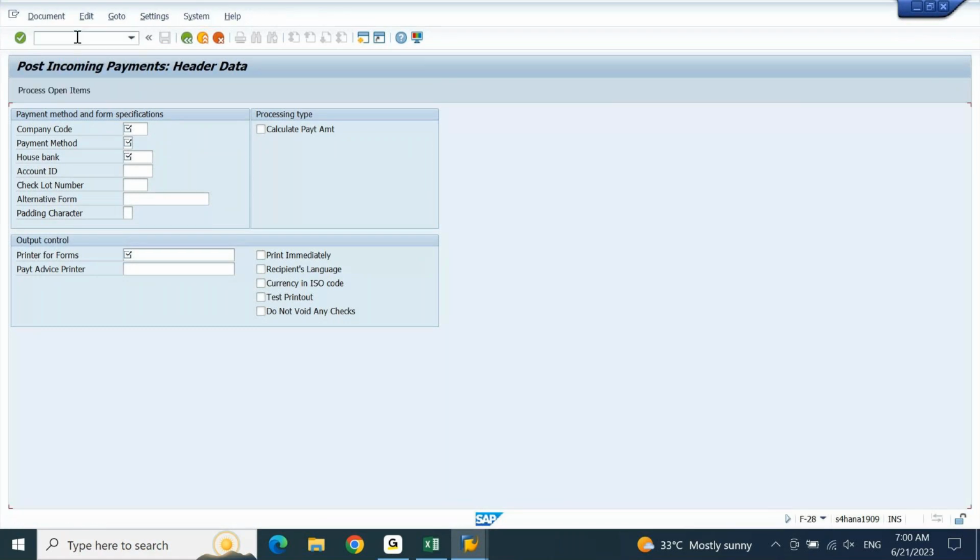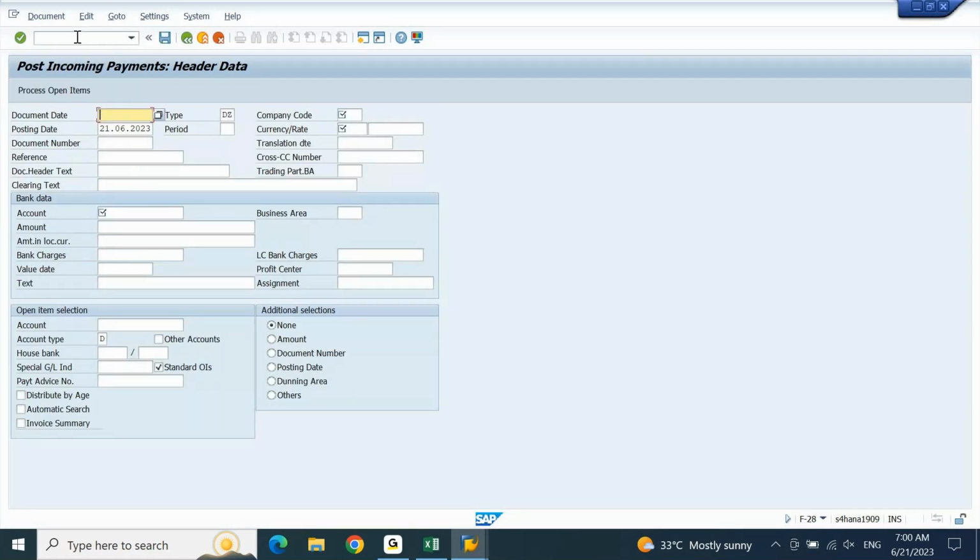For a customer, whatever payment you receive, you will be updating using F-28 or post incoming payments. You will not have any separate screen for check payment. You will not have any separate screen for bank transfer payment, because you will be updating the check number or bank transfer reference number only for the purpose of bank reconciliation in the case of a customer, because you are at